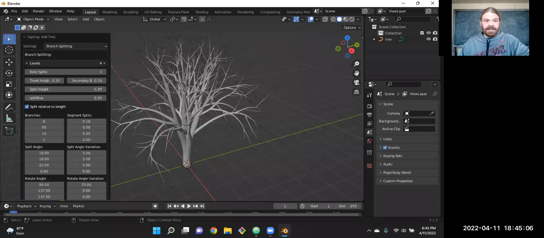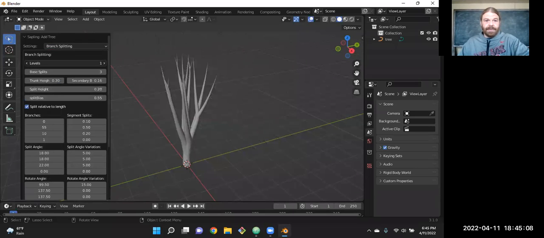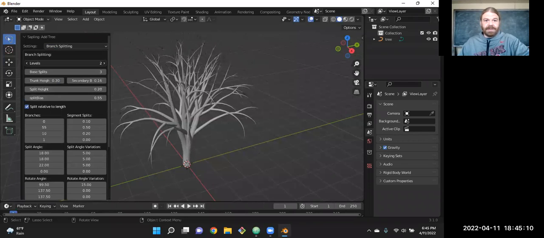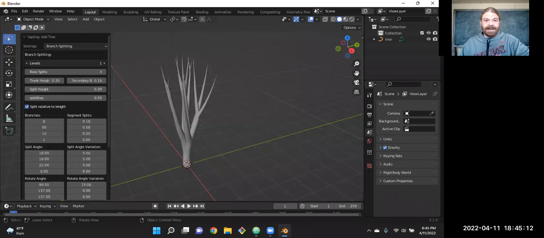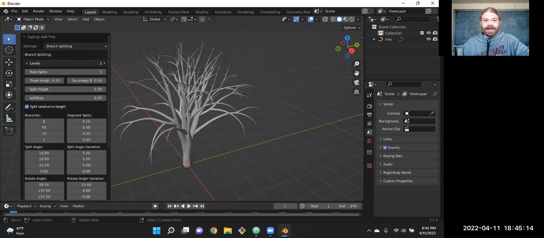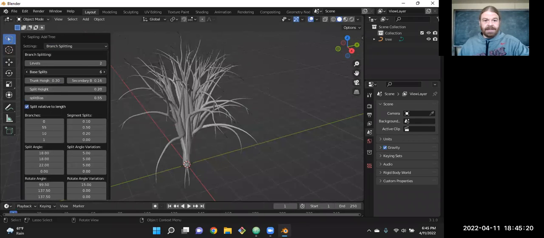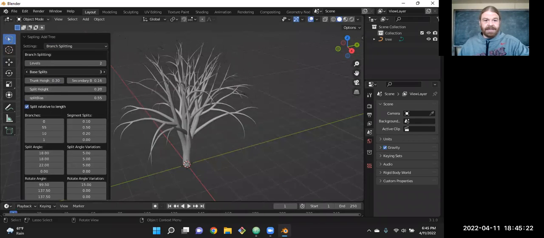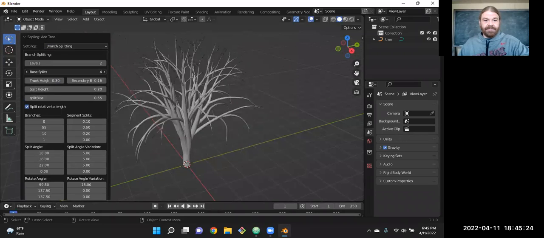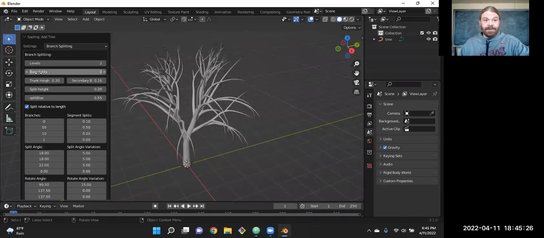This one, you'll notice that as that number goes up, we get more of the little twigs at the end, and down we don't get as many twigs. So probably want some there. And split up at the base of our branch, or make fewer big branches, and we get all control from these parameters.